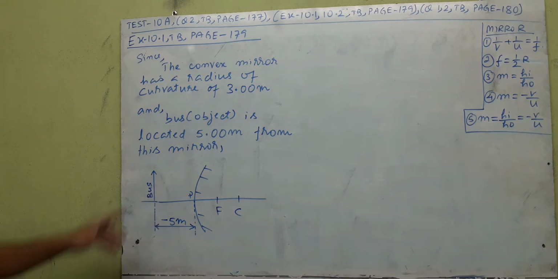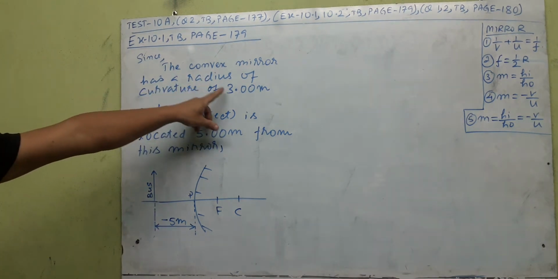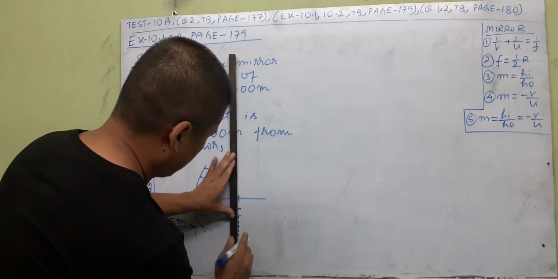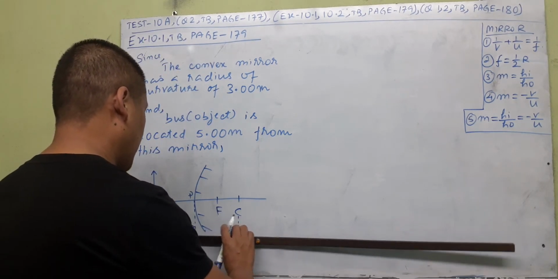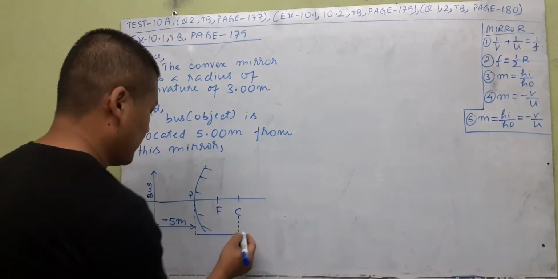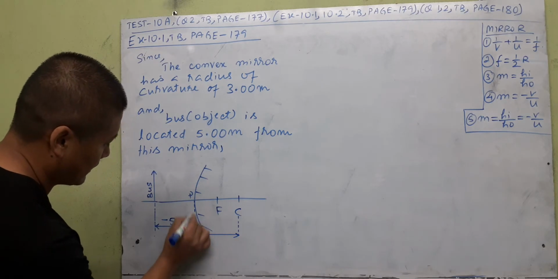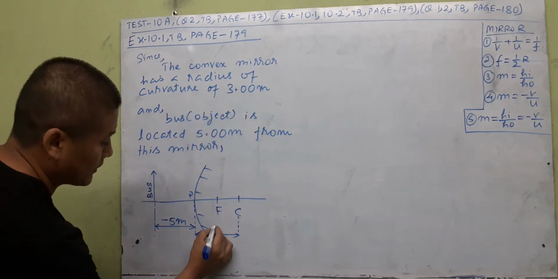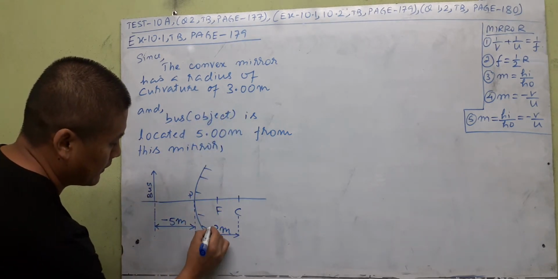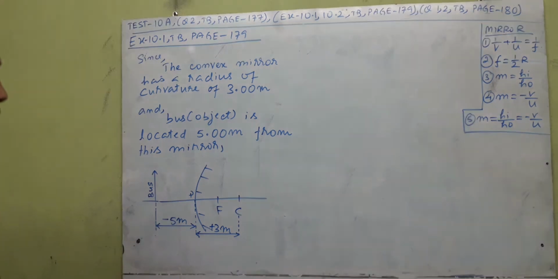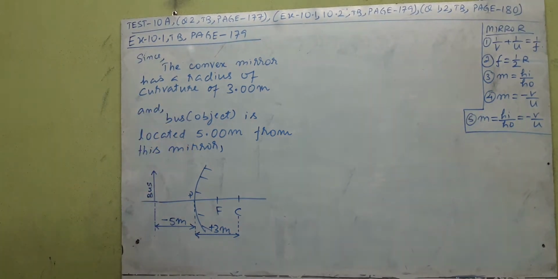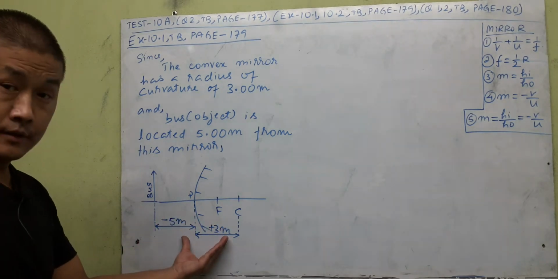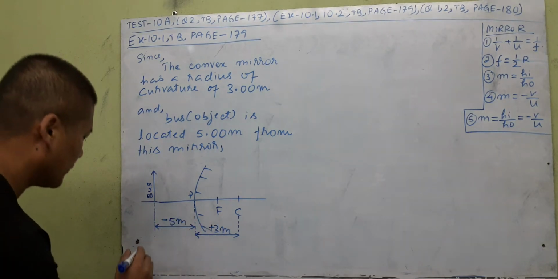Okay. Then the convex mirror has a radius of curvature 3. And we know the radius of curvature is the distance between C and P. Between these two, the distance between C and P here. So this radius of curvature is 3 meter, the question is saying. It's on the right side clearly, so R is going to be plus. Only these two pieces of information are given. So by using this information and from our knowledge of sign convention with the help of this diagram, we know